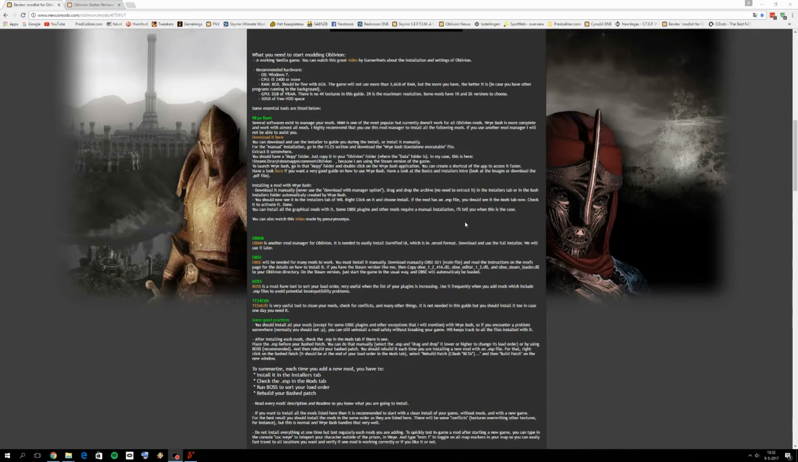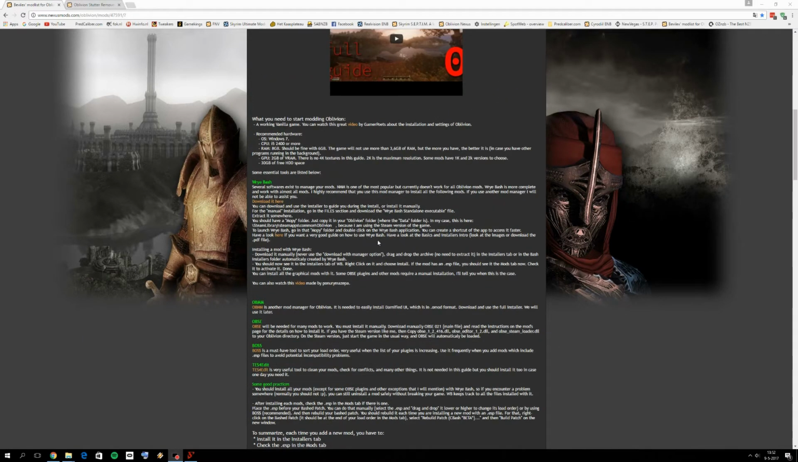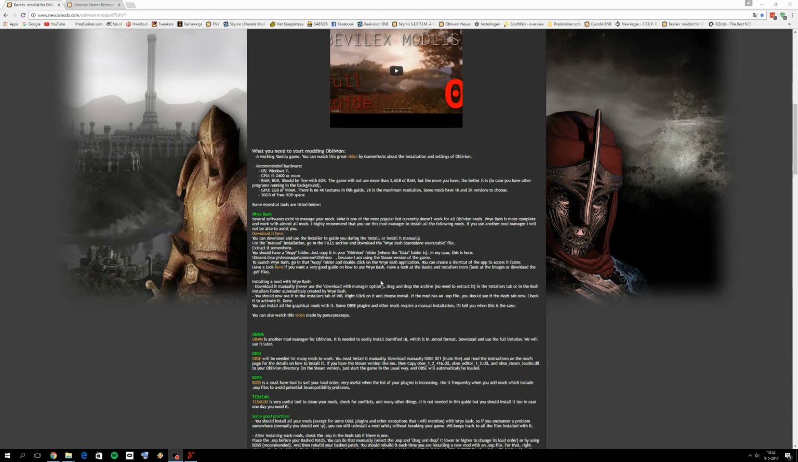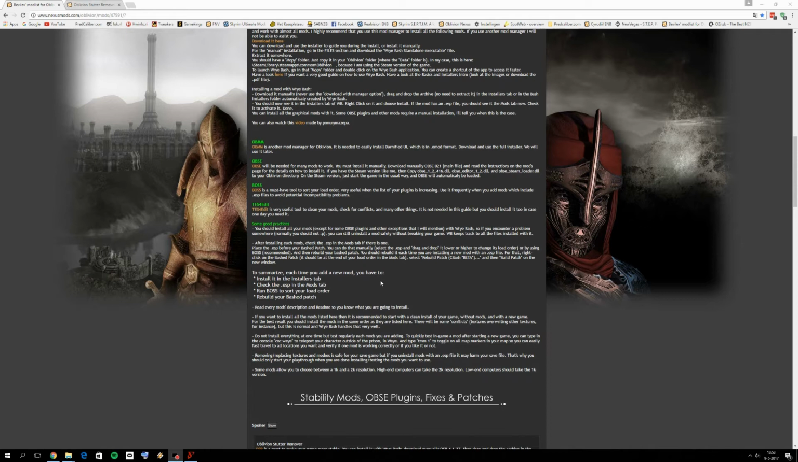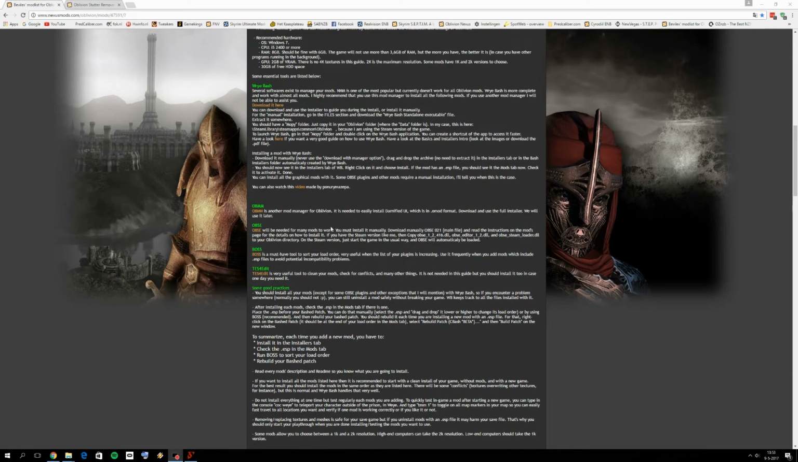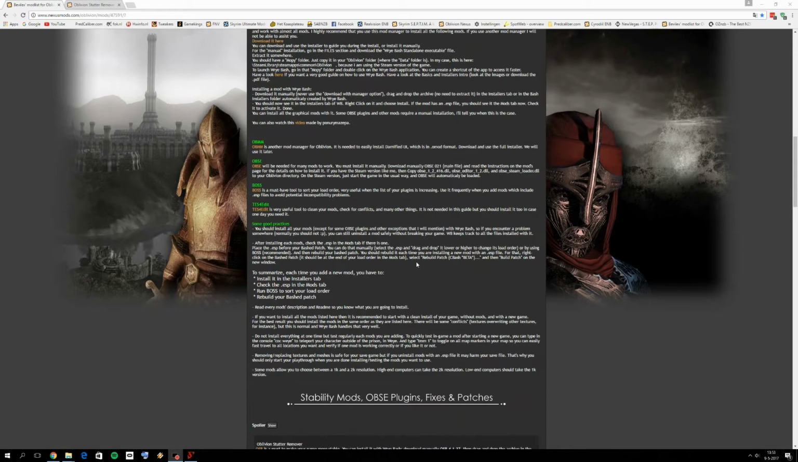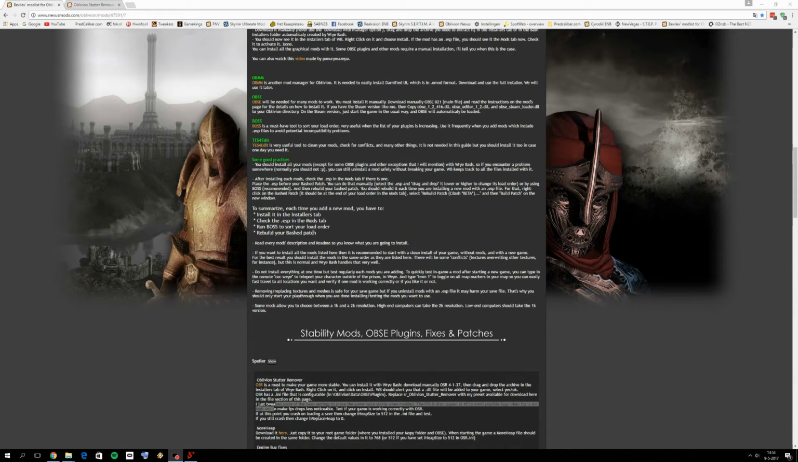Hello everyone, welcome to part 2 of this Oblivion 2017 Ultimate Graphics tutorial, the mod list from Bevi Lex. In the last part we installed the essential tools like Wrye Bash, Oblivion Mod Manager, Oblivion Script Extender and BOSS. Something we need to keep in mind now is this very important order every time you're